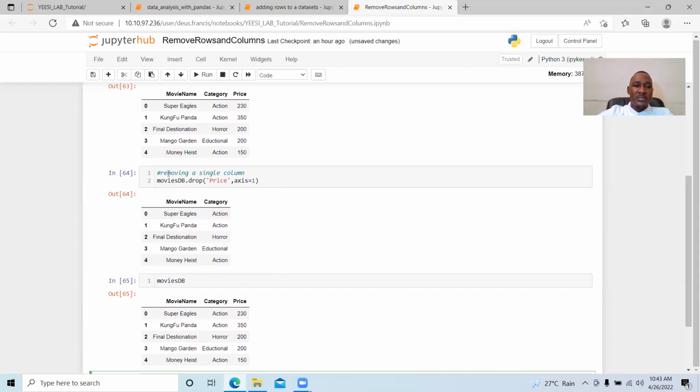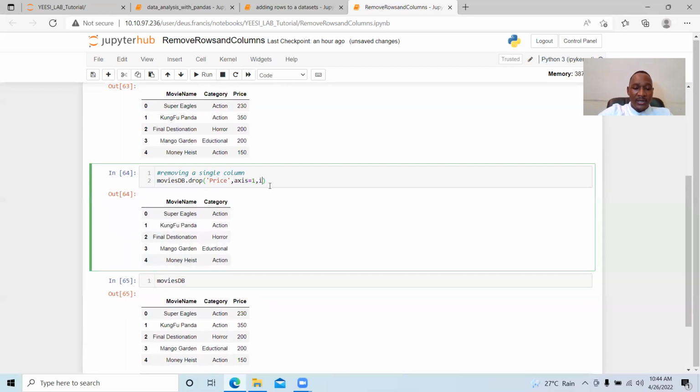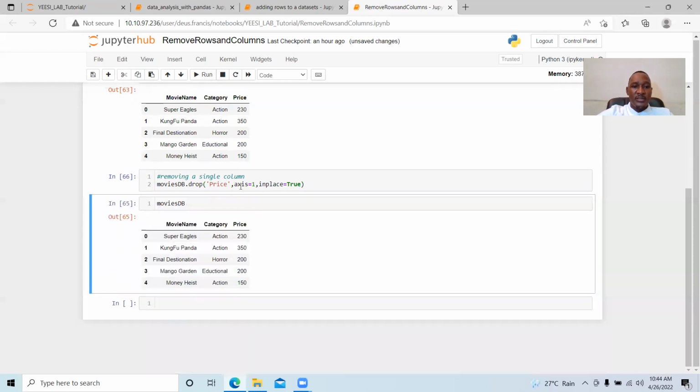Right now, this movies DB object hasn't been modified. So if you want to modify it, we add another argument here, inplace, and inplace equals True, because by default, inplace equals False. So if I say so, and run it,